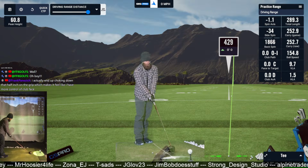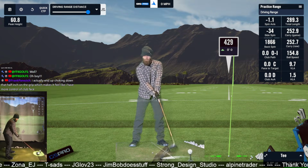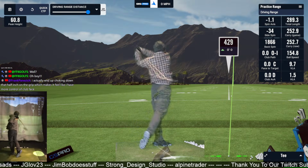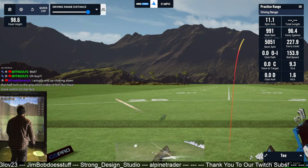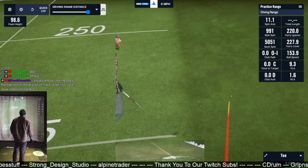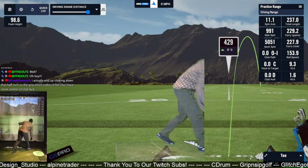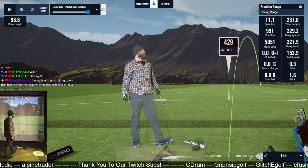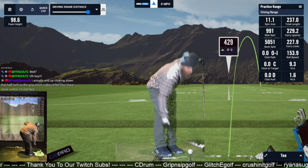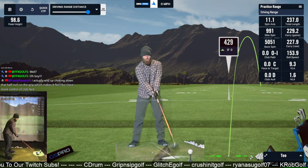All right, first swings. You guys are seeing it. Super low on the face. Pretty good ball speed, though, for that low and heely. Ball speed was up, despite being 5,000 backspin on that. Could be the grip. Most likely a bad swing. Also, the fact that it's 8 down to 6, but...